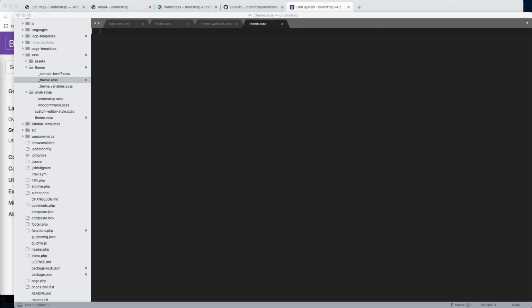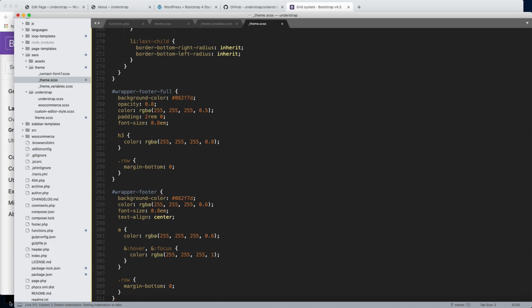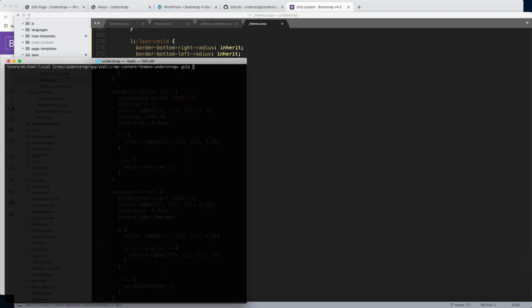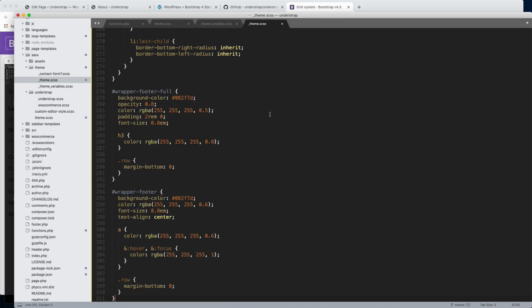So I took some time to write some CSS, and I'm just going to go ahead and paste that in. And over here in my terminal window, I'll start gulp watch, and that'll watch my CSS and JavaScript files. And I'll come back over and then save this,